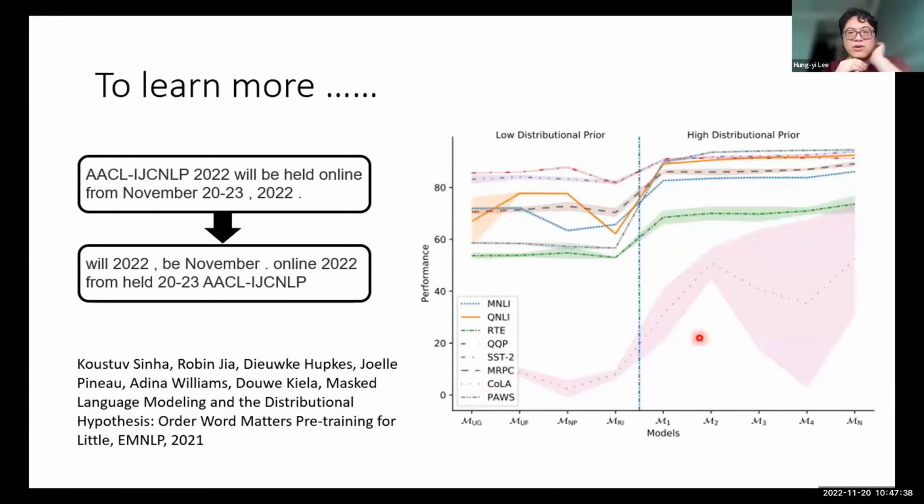And there are more related papers. Another paper has the title Masked Language Modeling and the Distributional Hypothesis: Order Word Matters Pre-training for Little. They show that even though you randomly shuffle your input sequence, when you pre-train your model, you train your model on this kind of unsyntactic sentences. And they found that